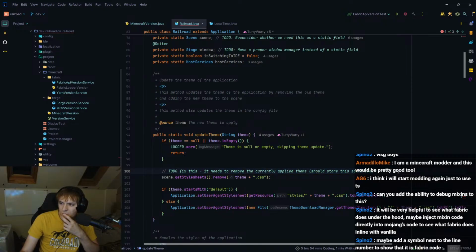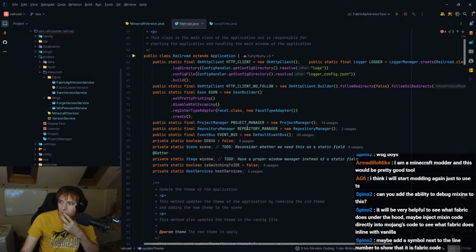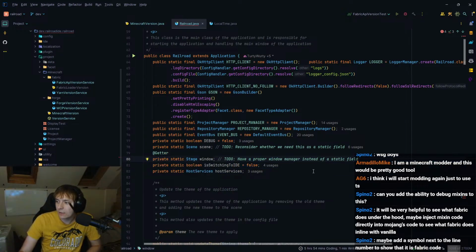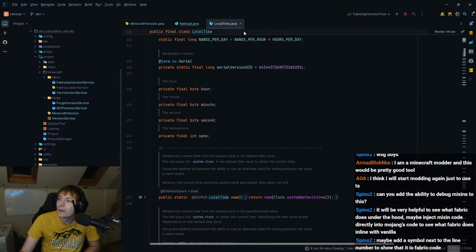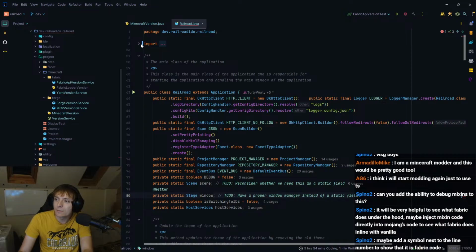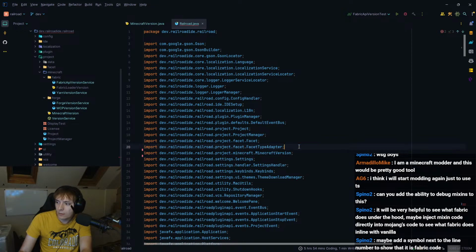Is this a problem? Yeah, that is kind of a problem. It's kind of not really a problem. This as well, we need a window manager, because currently we just don't have one. We just do it manually every time we make a window, which is horrible. It is what it is, man. Cannot do everything.